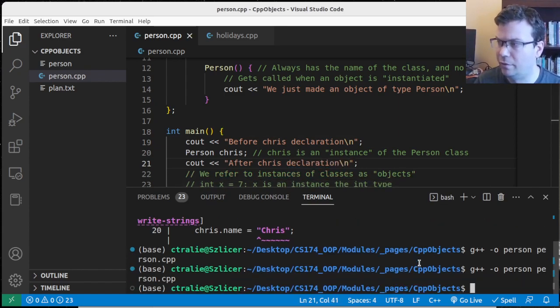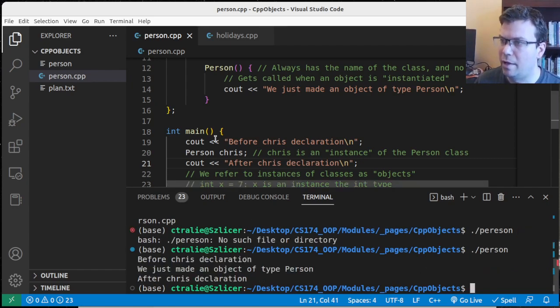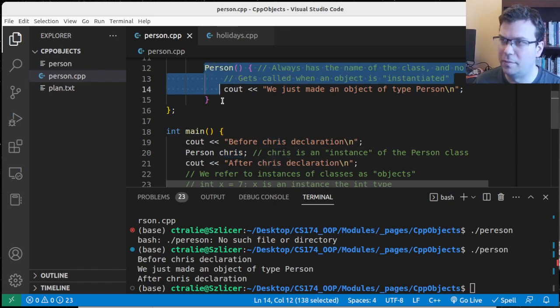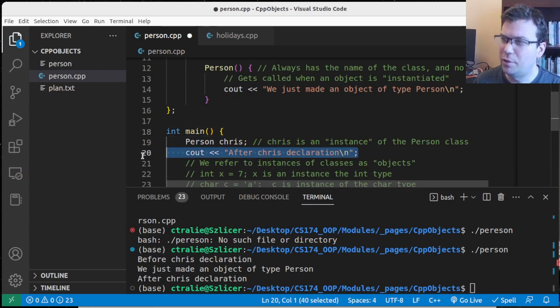And if I recompile this and I run it, oops, person, I see that when this line gets run, sandwiched in between the before declaration and the after declaration, this line here actually calls the constructor because I'm initializing. I'm doing actually a default initialization, but it's calling this method here on that line. I know it doesn't look like a method call, but it is. And so then we see, okay, this method simply is just printing something right now. So that's kind of interesting, but not particularly useful yet,